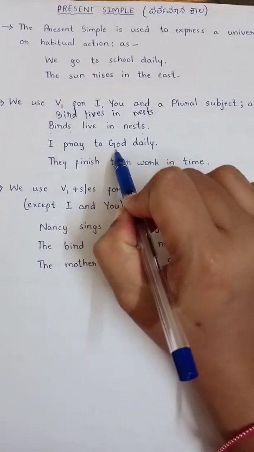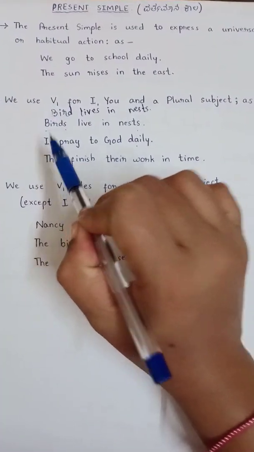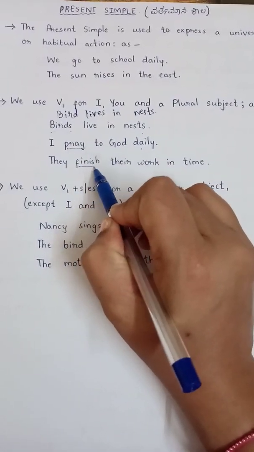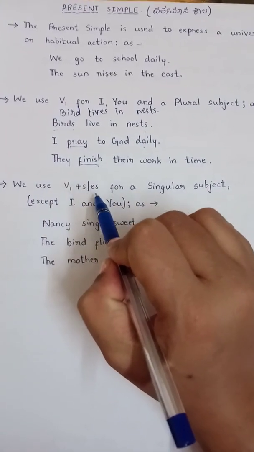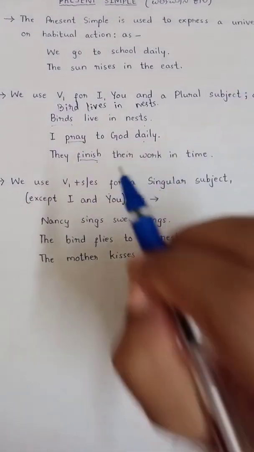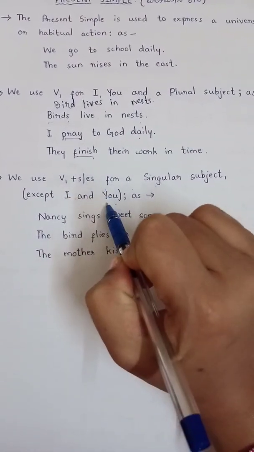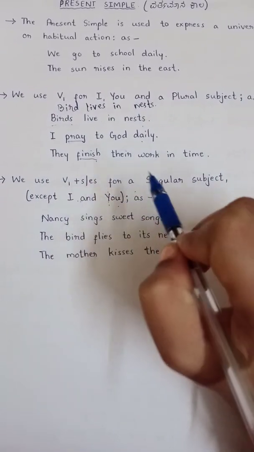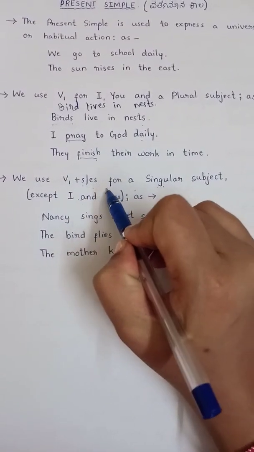I pray to God daily. When in the subject, if there is I, you and plural, then we will use what? V1 form of the verb. Next, we use V1 plus S or ES for a singular subject. If the subject is singular, except I and you. I and you, these are also singular. But leaving this I and you, if the subject is singular, then we will add S or ES to